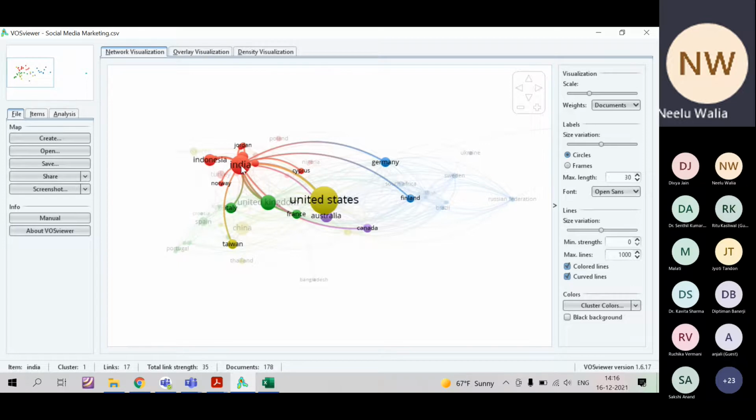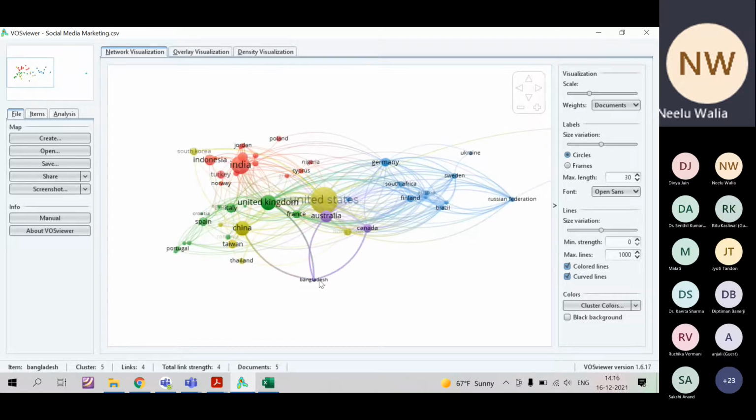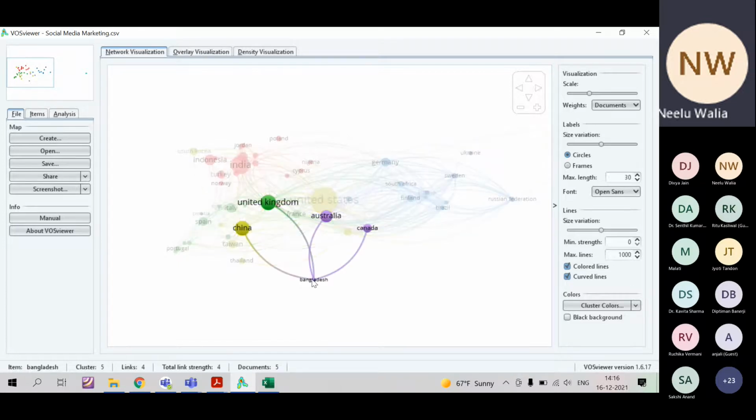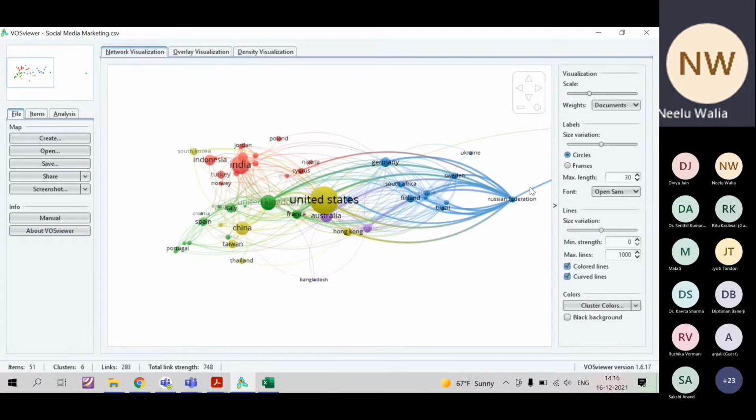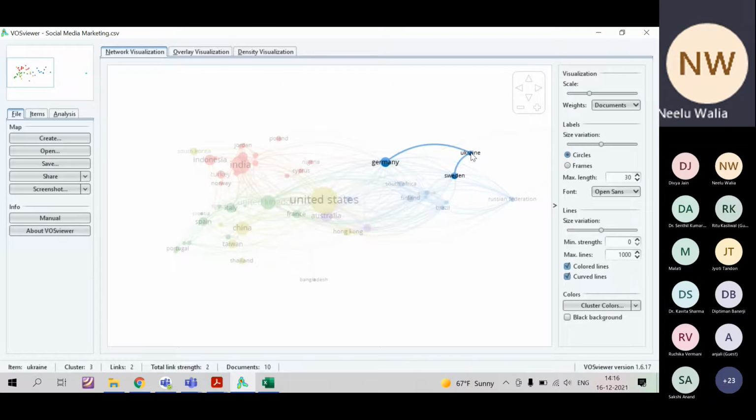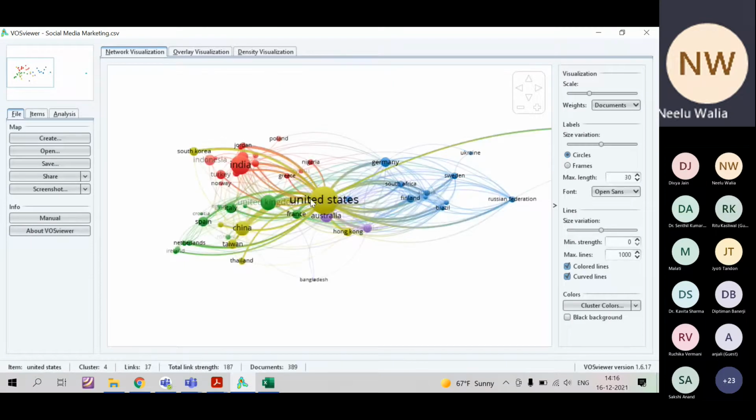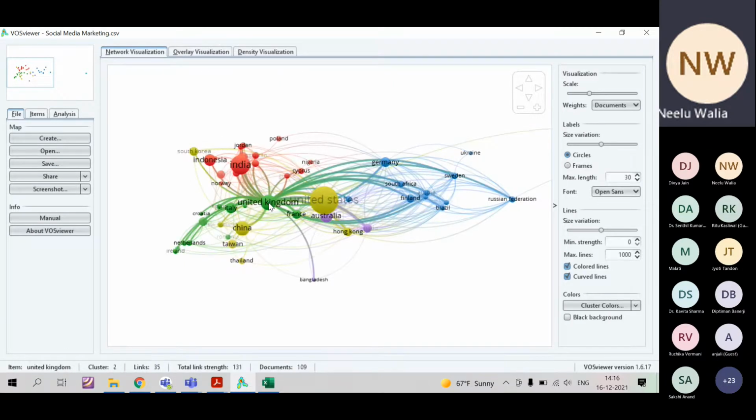Again, if I look at Bangladesh, they are writing with UK, Australia, Canada, and China only. If I go for Ukraine, Germany and Sweden only. But United States, UK, you can see this. Just move your cursor over here and it will show you the connection, the network.